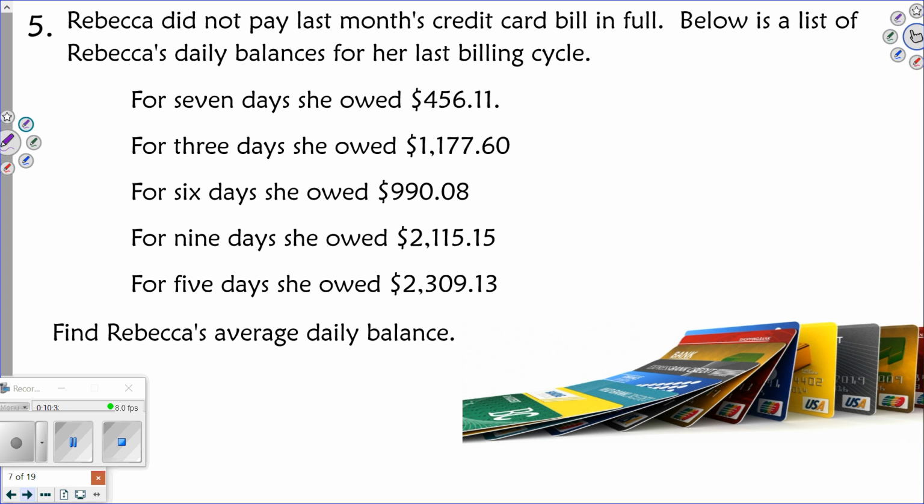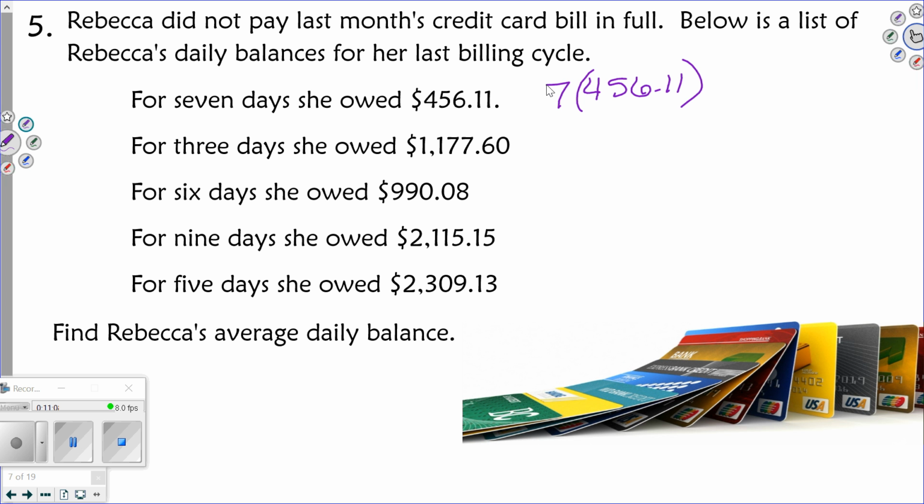Why does her balance change as the month goes on? Amanda? Yeah, she's buying things, or she's making payments on it, one or the other. Okay, so it's going to change throughout the month. All right, so what we need to do is find her average daily balance. So for 7 days, it was $456.11. So we have to do 7 times that amount. All right, for however many days that was her balance, we have to multiply that together